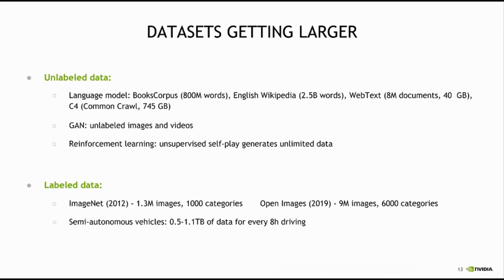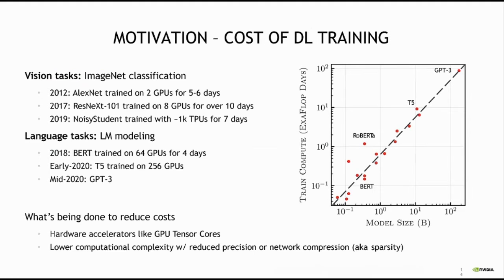So these are the different tasks. The data sets are getting larger, right? And we need to be very smart about how we can still achieve better accuracy by leveraging things like self-supervised learning. And with that point, let me show you that today, most of the compute resources, at least in the NLP space, are getting spent on these pre-training tasks, right? If you look at the graph on the right, we have tried to plot the model size versus the train compute exaflop days, right?